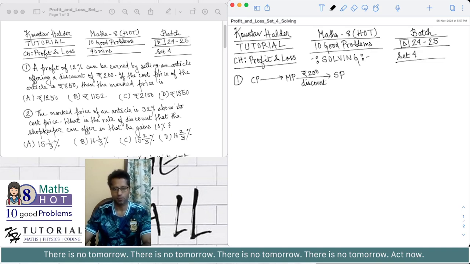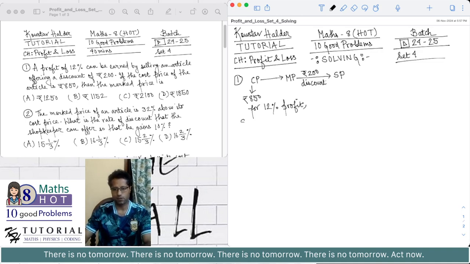So it is given that a profit of 12% can be earned. The cost price is given to be rupees 850. Now, if we know the cost price, and if there is a profit of 12%, we can easily compute the selling price. So we can say for 12% profit,